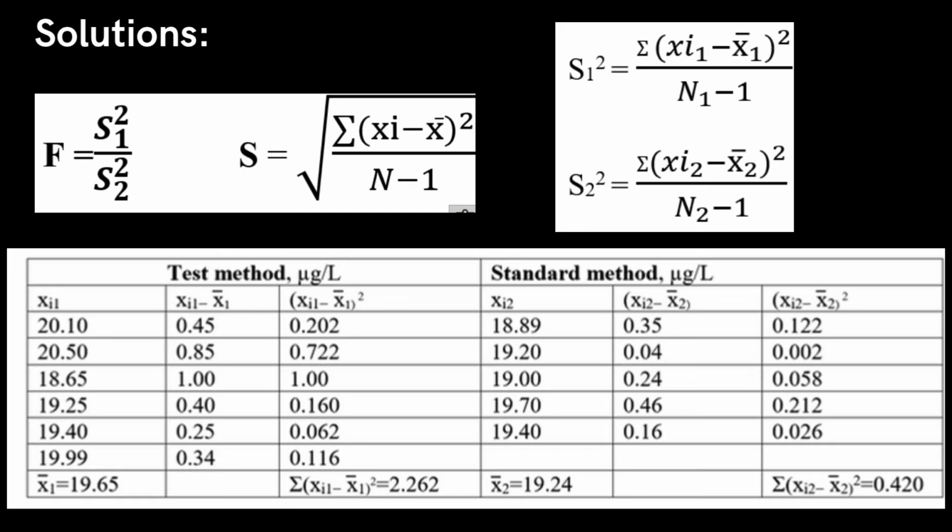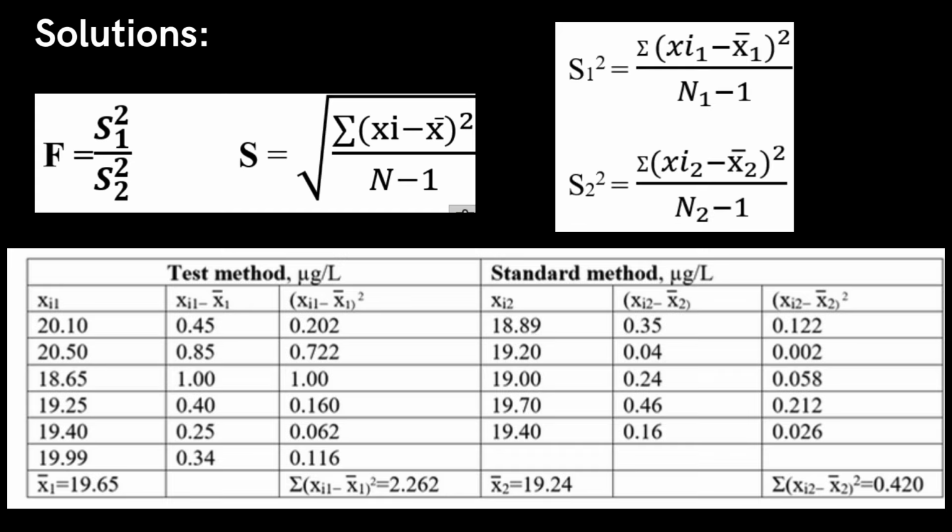xi1 will be the values from your test method, given in the first column, and their x bar 1 will be 19.65, followed by the difference value of xi1 minus x bar 1 in the second column, and the third column shows the square of the difference of xi1 minus x bar 1, and their summation is 2.262, shown in the third column. Similarly, xi2 from the standard method is given in the fourth column, and x bar 2 is 19.24. Likewise, the square of the difference of xi2 minus x bar 2 is calculated, given in the sixth column, and